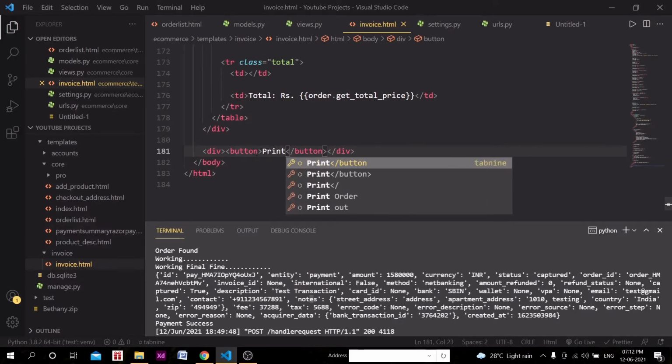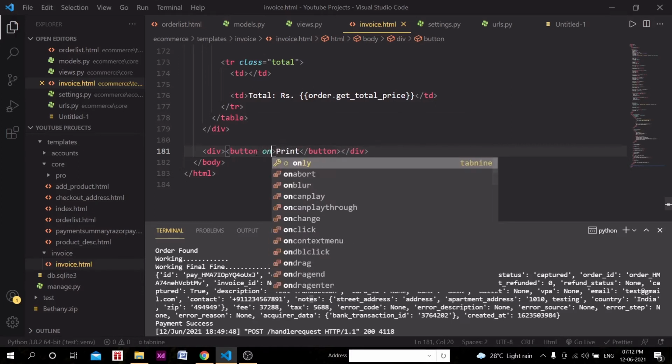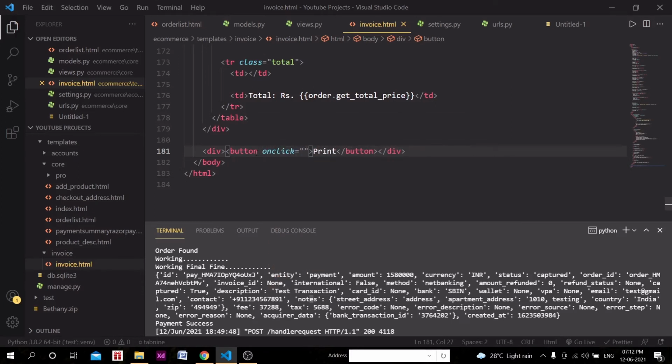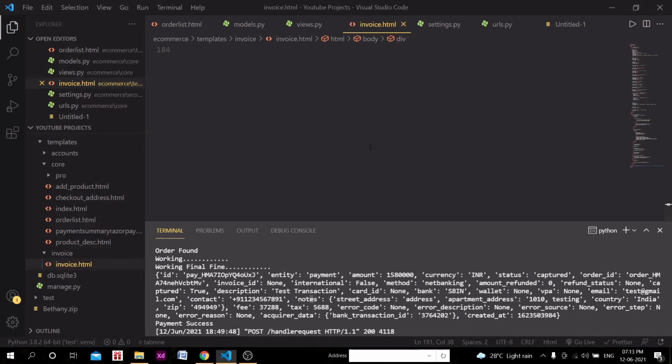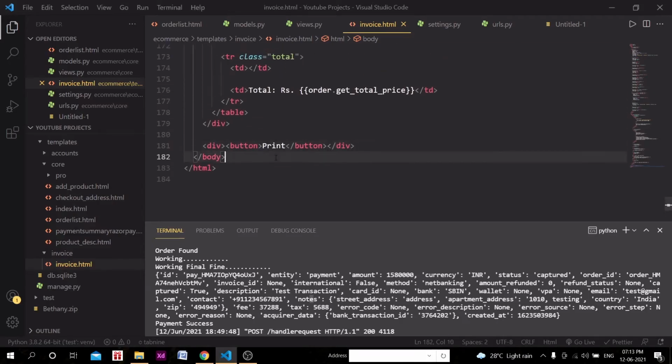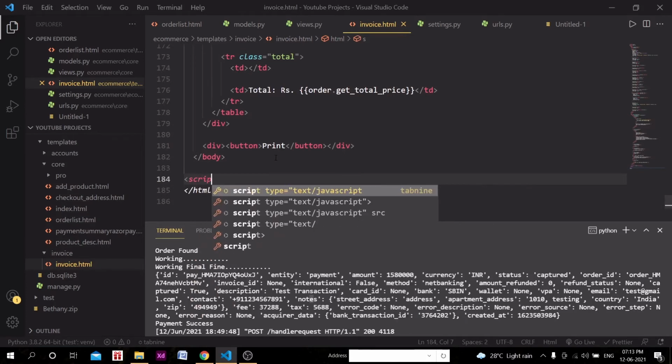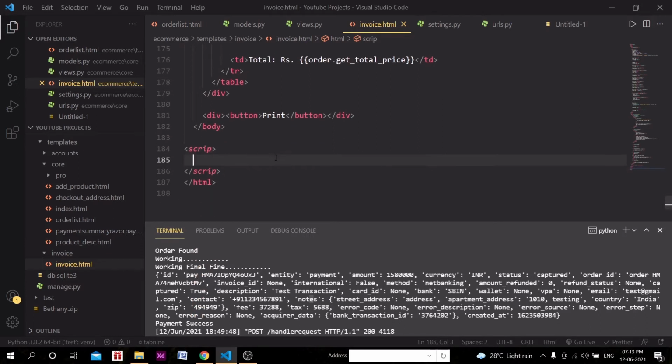Okay, and the button should have an on click property, and we will call one function here. We don't have a button in the whole HTML page, so we can write some script here. We don't have to create some special script for this.